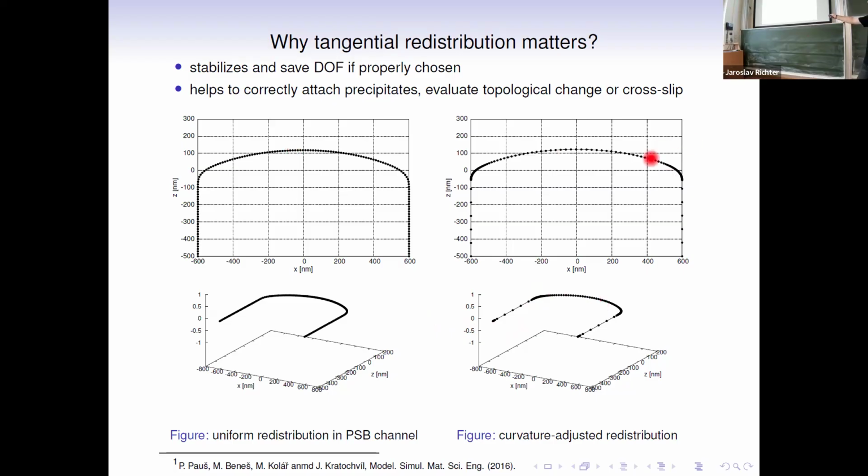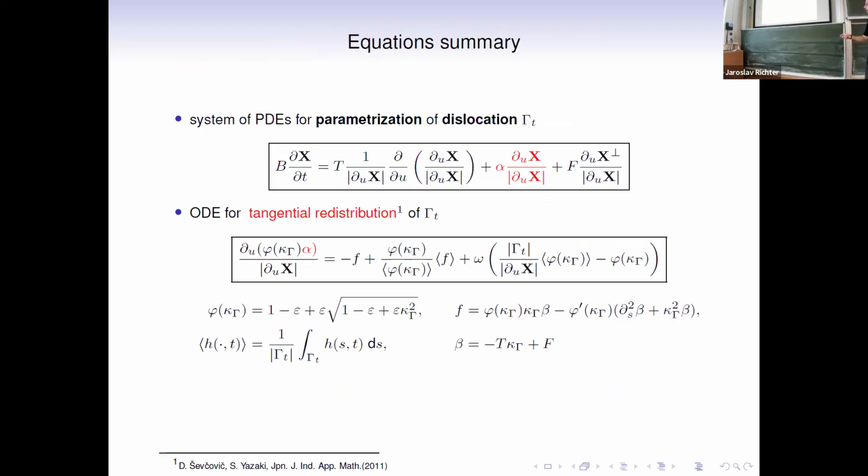If you track the red dot, they are accumulated here, in the parts with the biggest curvature. On the other hand, we don't need so many discretization points to approximate a straight line. So few points are enough here and few points are enough here. Yes, it's pros and cons. And to control such a behavior,